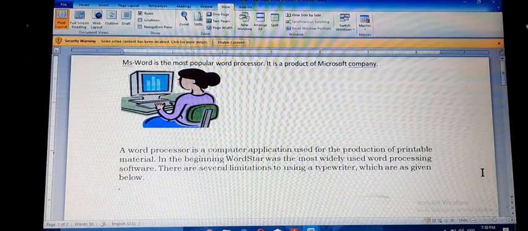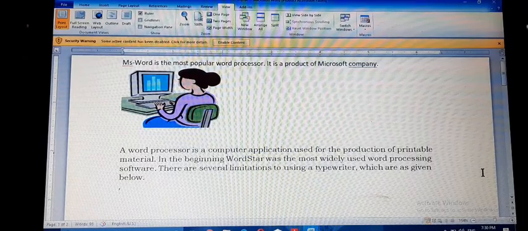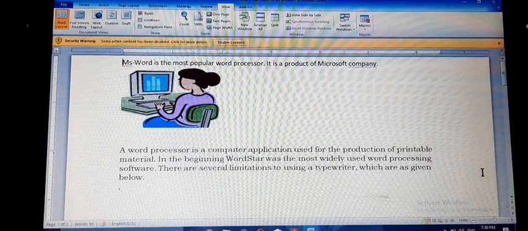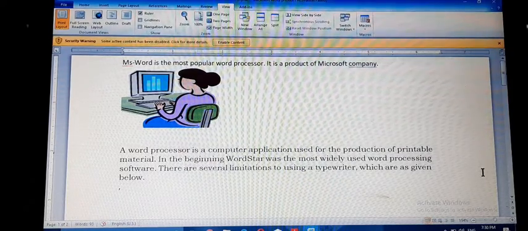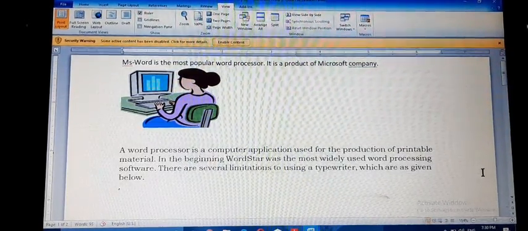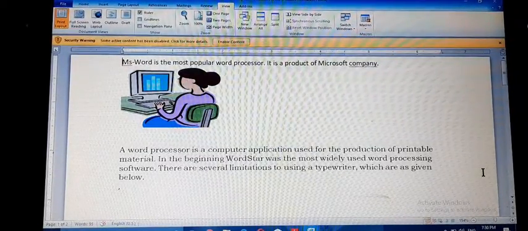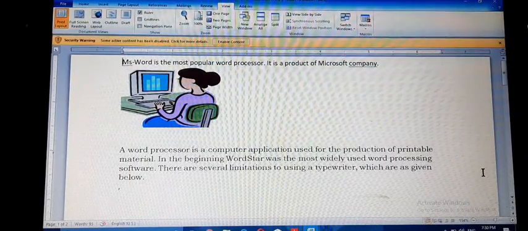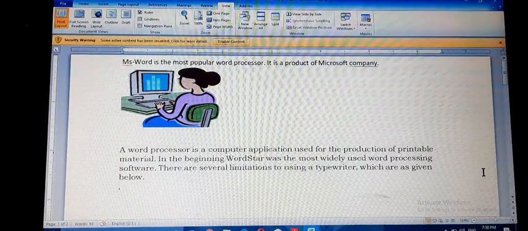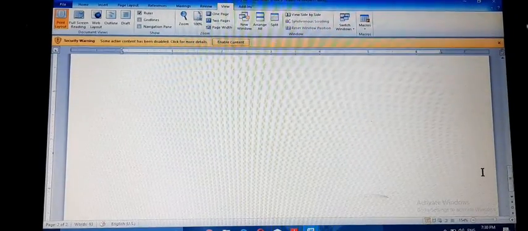Control plus home moves to the top of the document and Control plus end moves to the end of the document. Okay, this is the beginning of the document, and when I press Control plus end, it moves to the end of the document. Okay, these are some keys that can be used to move the cursor.